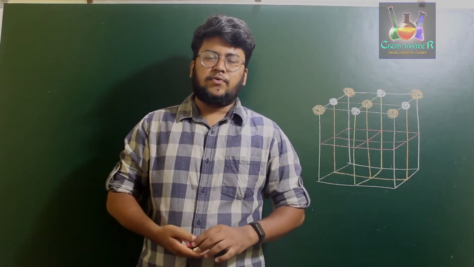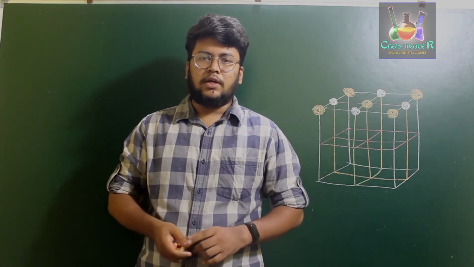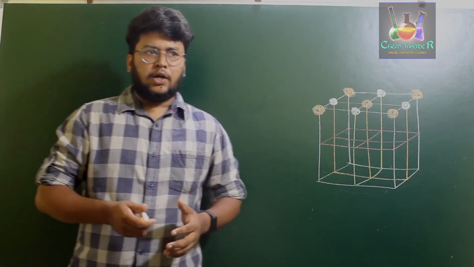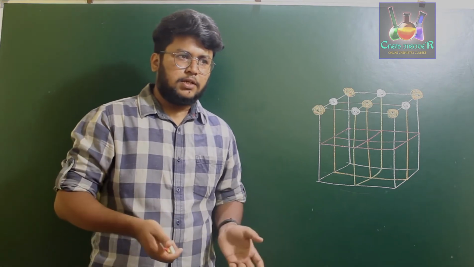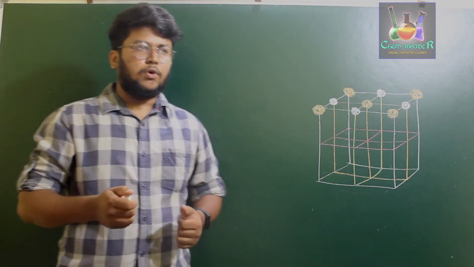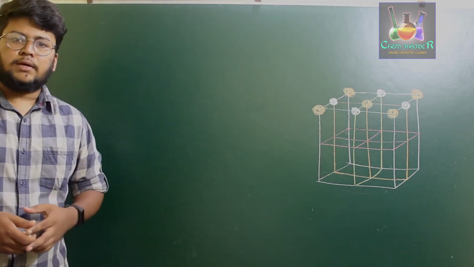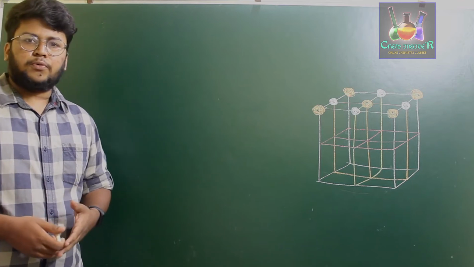In today's video, we are going to discuss ionic or electrovalent bond. In the previous video, we learned about covalent bond and how it forms between two atoms of a molecule. They may be similar or they may be different. In covalent bonds, two atoms usually share electrons between them mutually in order to obtain their